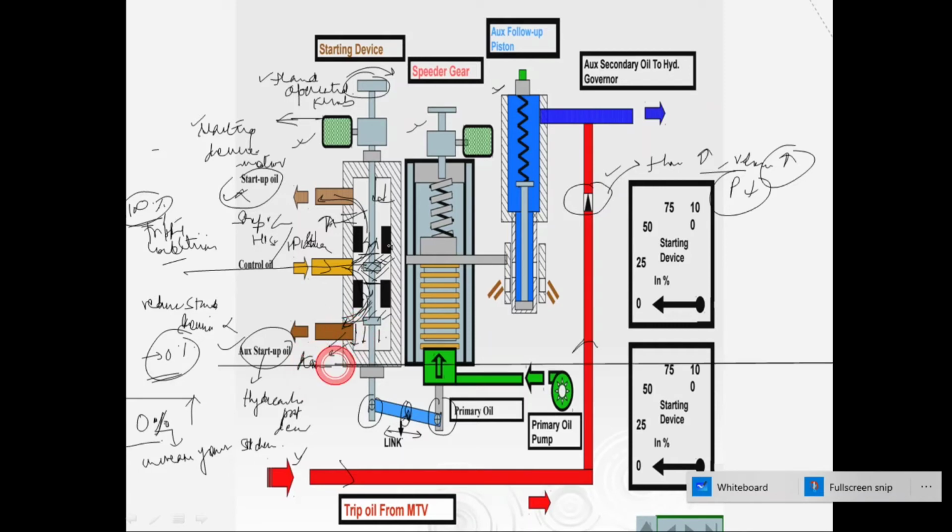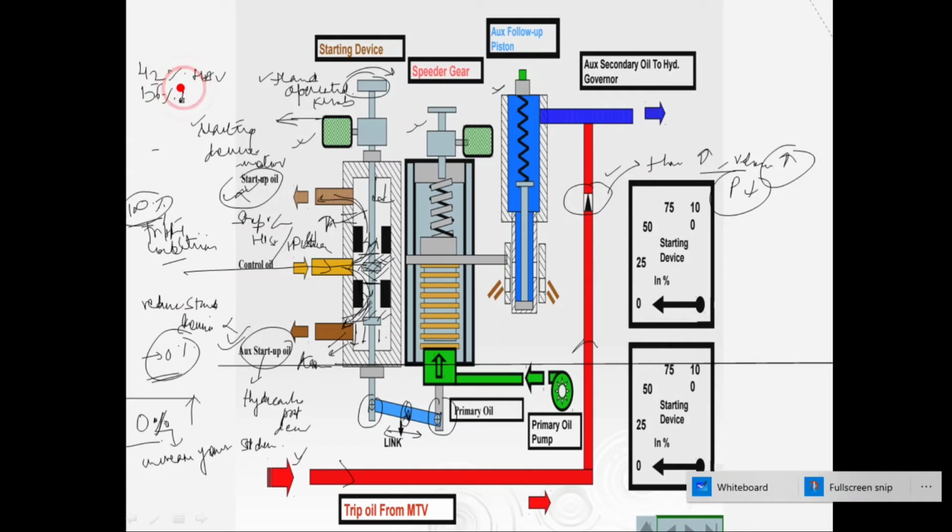Here drain, and again startup oil and auxiliary startup oil drain out from the system after resetting the stop valves and auxiliary protection device, and at that point trip oil and auxiliary trip oil take the place and hold the devices. Okay, so here by increasing the starting device to say 42%, the HP stop valve opens,